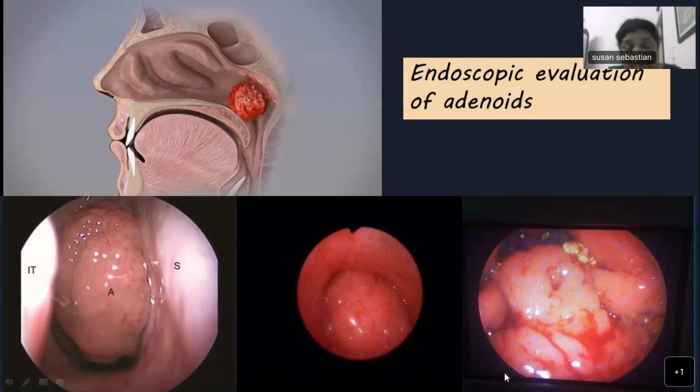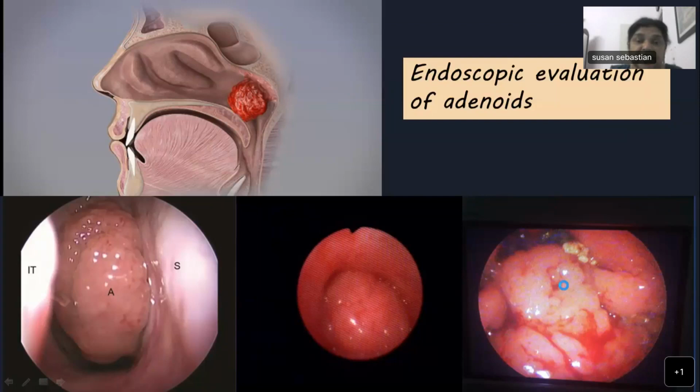Sometimes they might be having infected adenoids, infected tonsils, but at the same time, they might be having an obstructive sleep apnea as well. So obstructive sleep apnea actually has become an indication for tonsillectomy, adenotonsillectomy in children, just because of the size of the tonsil and the adenoids. So when you are assessing children, just because they don't have sore throat, don't think that they don't need any treatment.